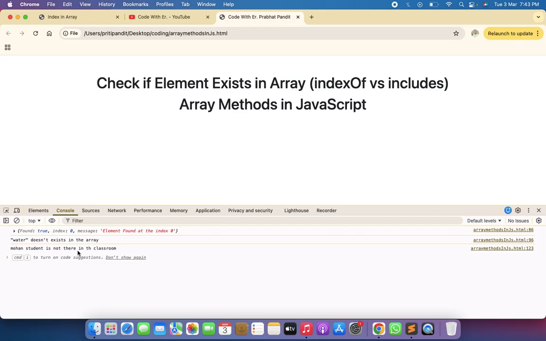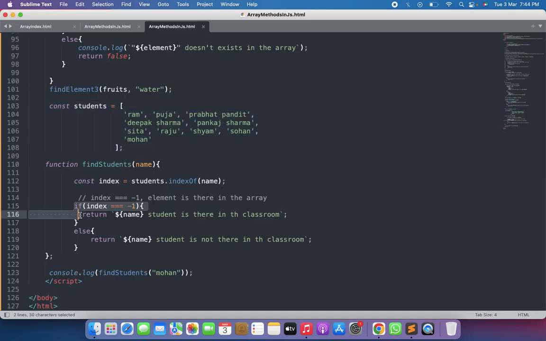Why? Because the condition is reverse. And now I'm going to reverse the condition again. So instead of does not equal to, I'll say equal to. So this time I'll see this Mohan student is there in the classroom. And now let me say here does not equal to -1, which means